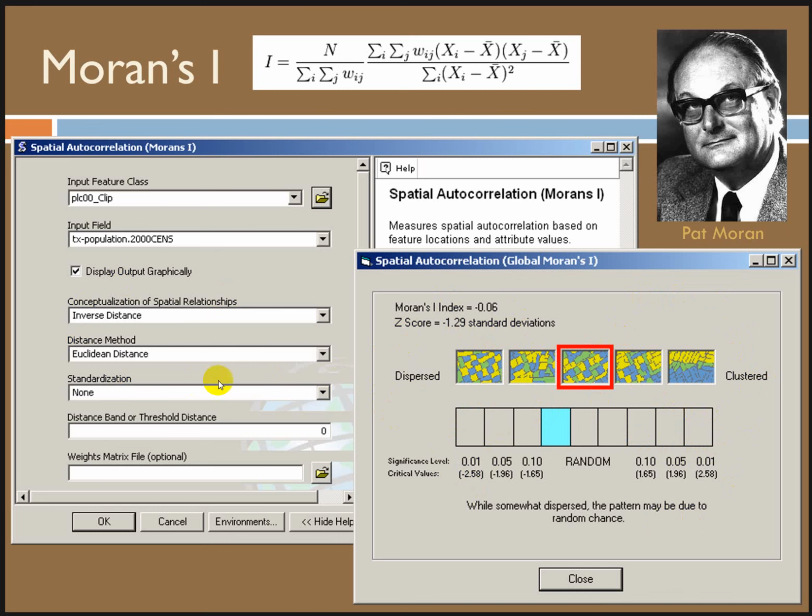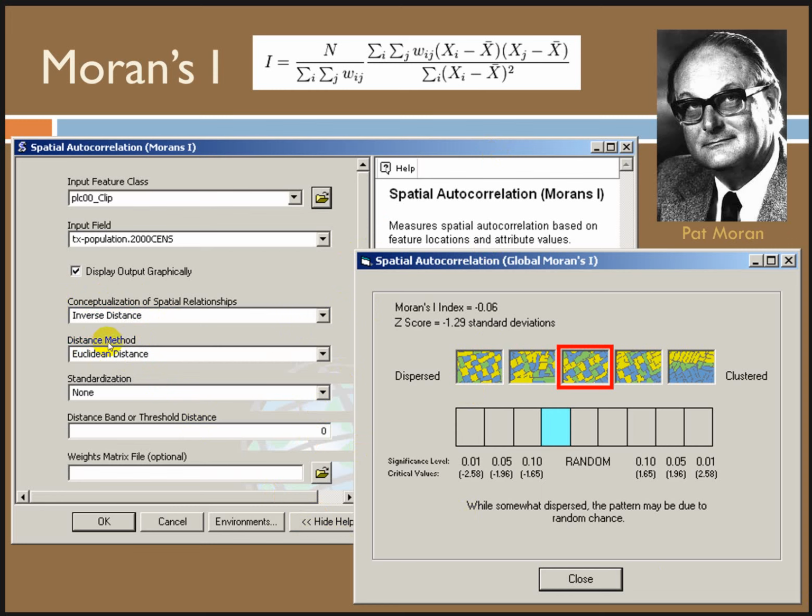And just really quickly, I want to draw your attention to the conceptualization of spatial relationships input parameter. This is a quick explanation of the options. I definitely recommend that you look this up in the ArcGIS resources or use the show help. If you click on this, it brings up a really nice definition of all the different methods for conceptualizing this. It's important because these can greatly impact the results, and it's just worth always thinking about these